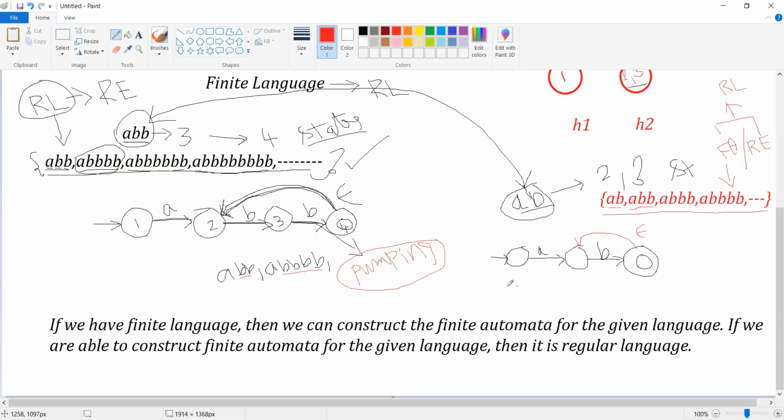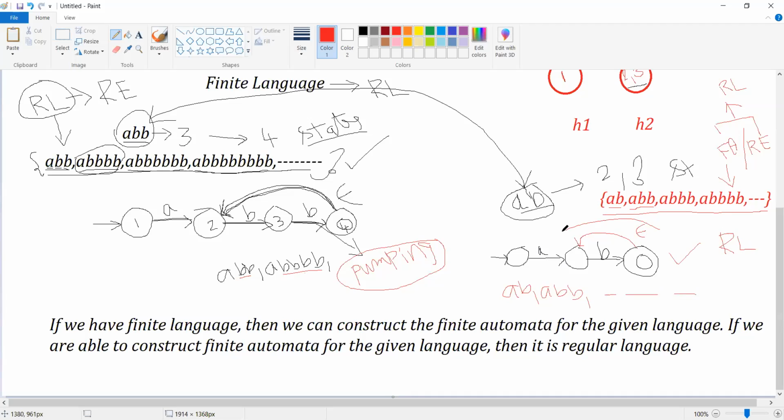It is going to accept AB, then AB epsilon B. In the sense, it is going to accept ABB, then AAB triple B, A4Bs, and so on. This language is also a regular language.